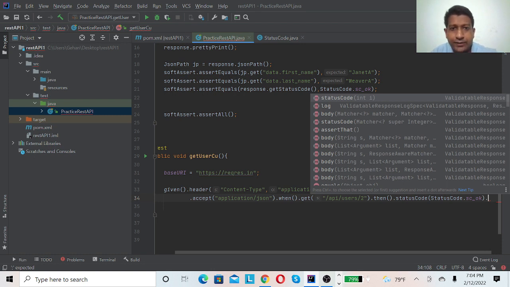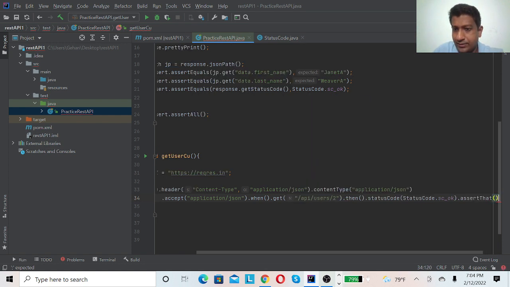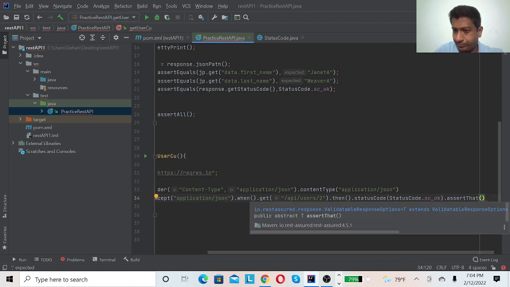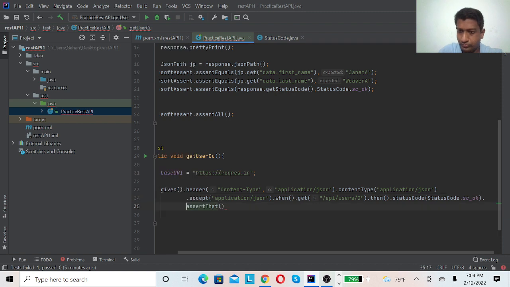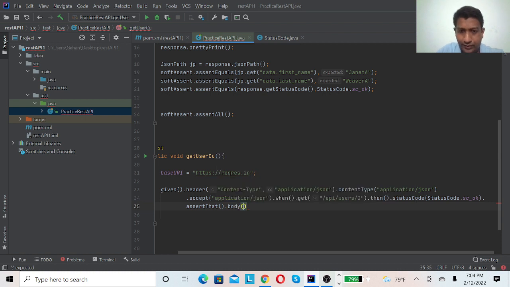Let's assume I need to assert first name and last name, so you need to use the assert that method, assert that dot body, and I will give the JSON path here.